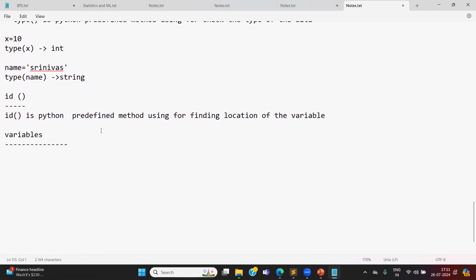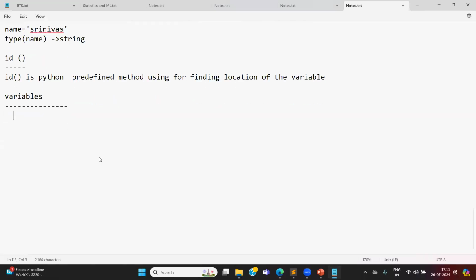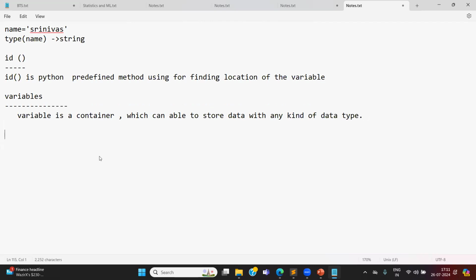Basically, in any programming language you take, a variable is a container. A variable is a container which can store data of any data type. Okay, for example,